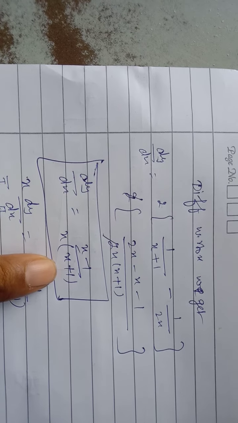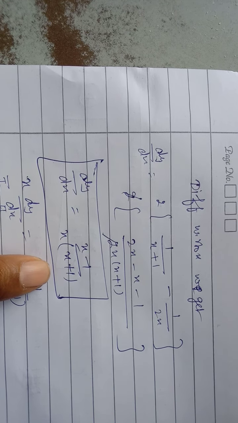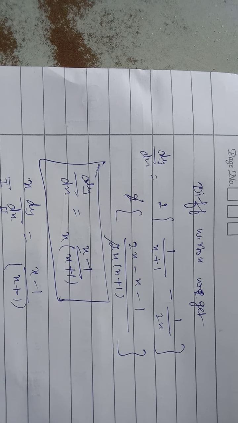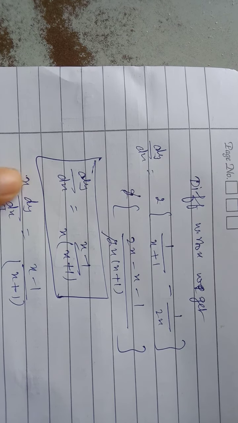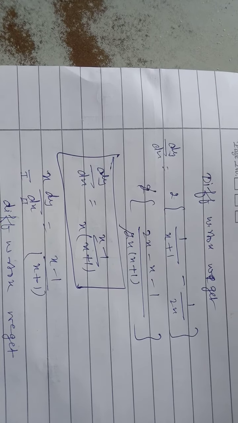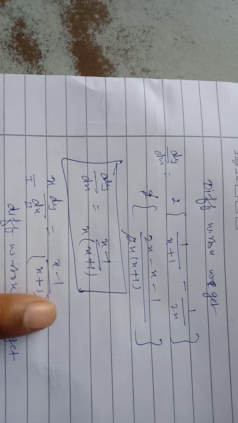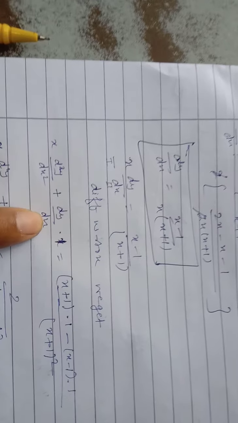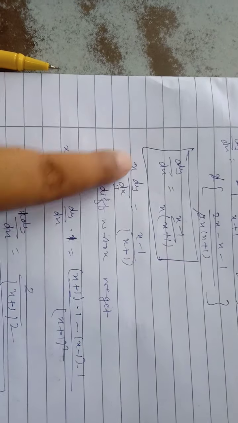From here 90% students will do the wrong steps, because we have to prove the question, so we have to change something. We will take x to the left hand side only. Students, please pay attention. We will take x to the left hand side only, and in the right hand side x minus 1 upon x plus 1, differentiating with respect to x, first function as it is, derivative of second function as it is, derivative of first.